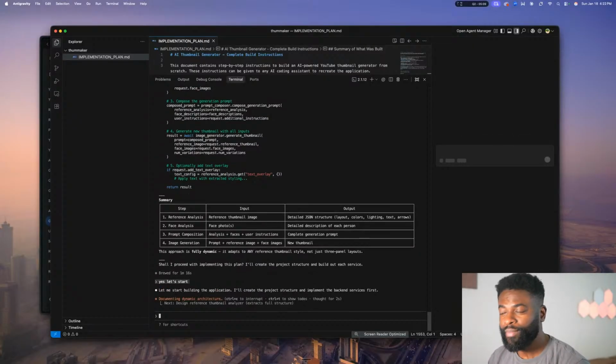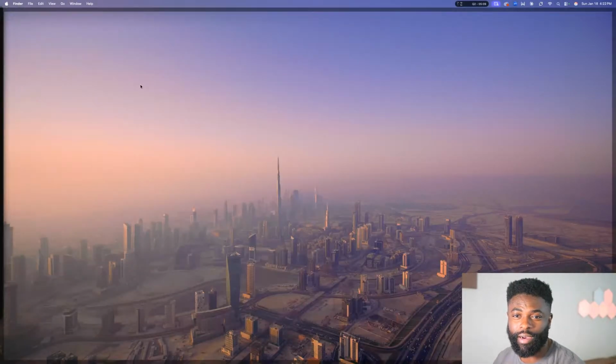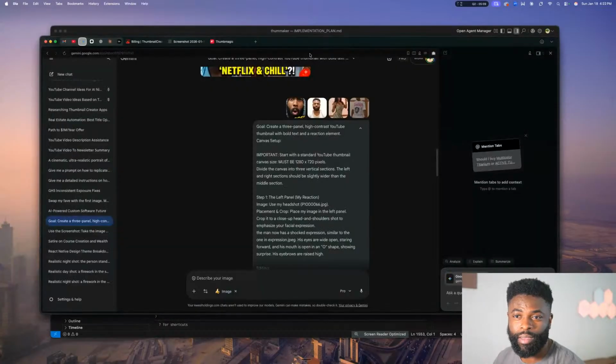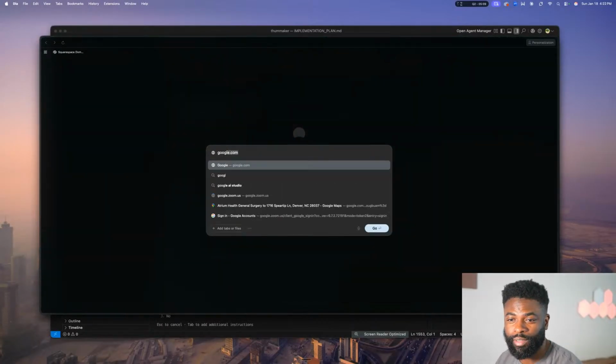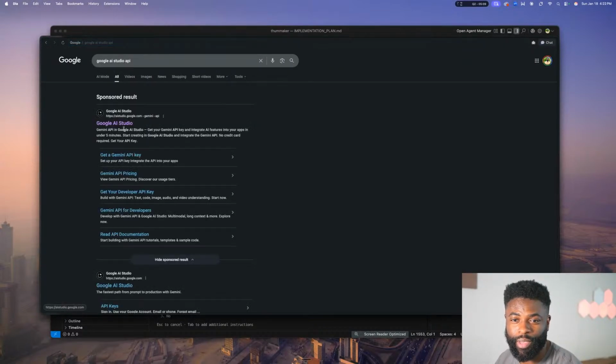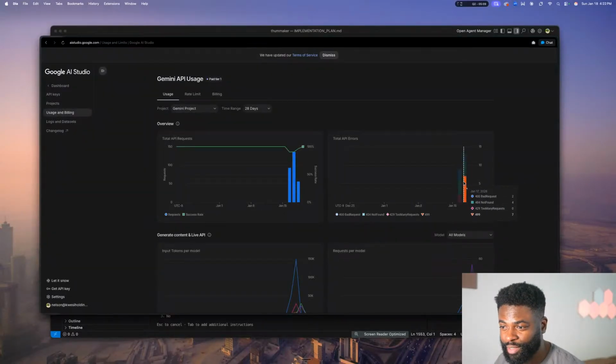So what are we going to need here? We are going to need Google Gemini API, okay? Google AI Studio API, okay? So we are going to need, so if you go to Google, my usage is,